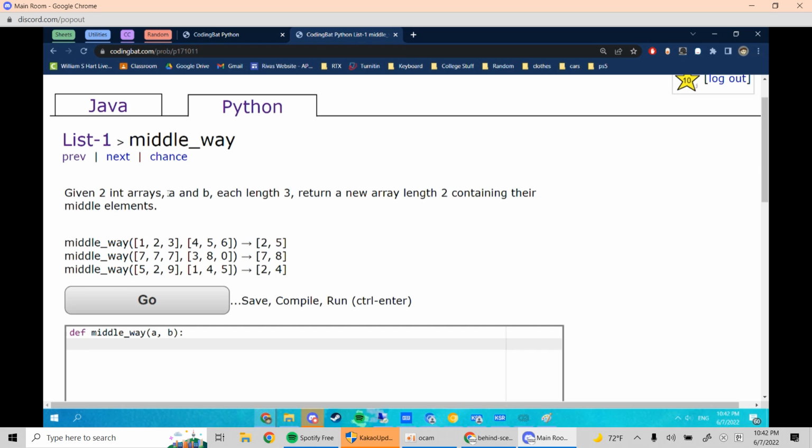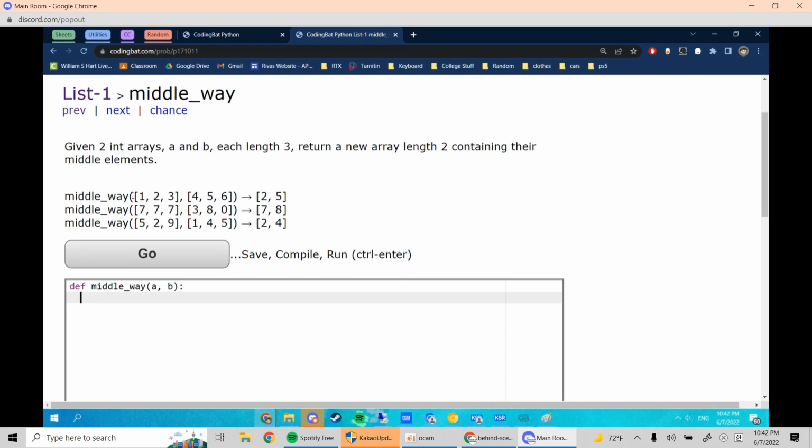Given two int arrays A and B, each length 3, return a new array length 2 containing their middle element. So we look at the examples 1, 2, 3, 4, 5, 6. They will both be length 3, so it'll just take 2 and 5 and return 2, 5. So we can just say